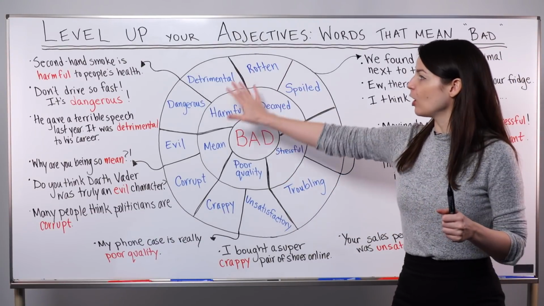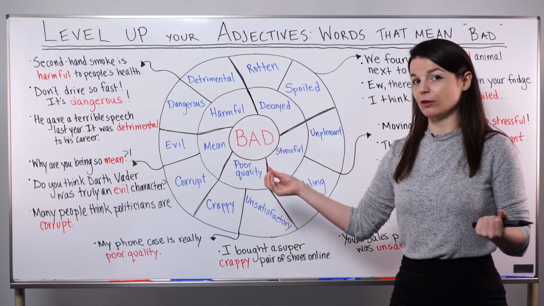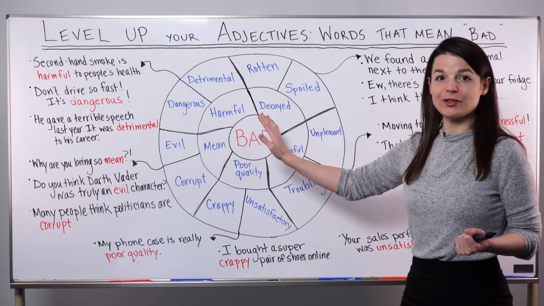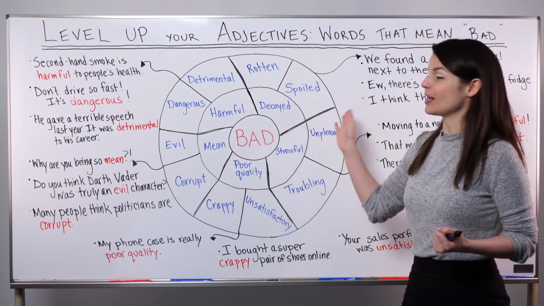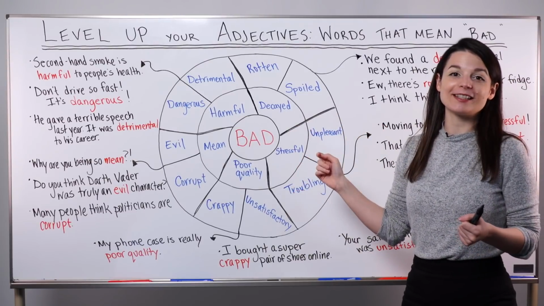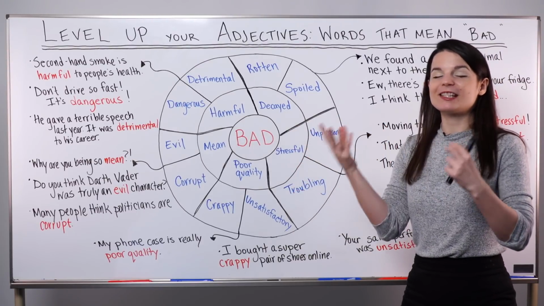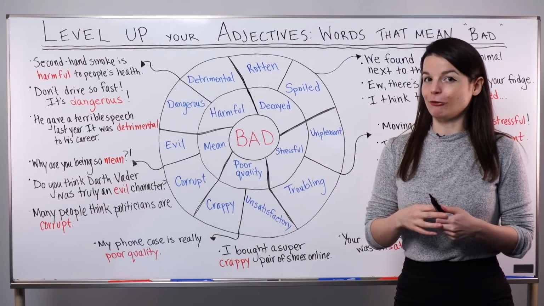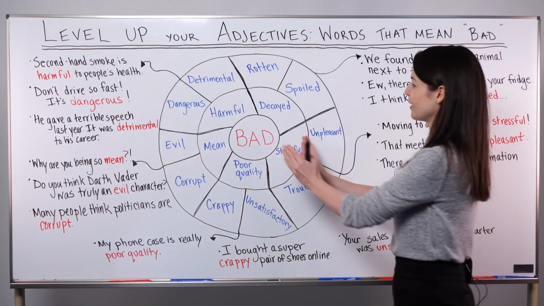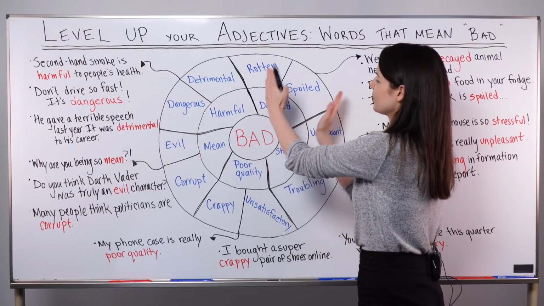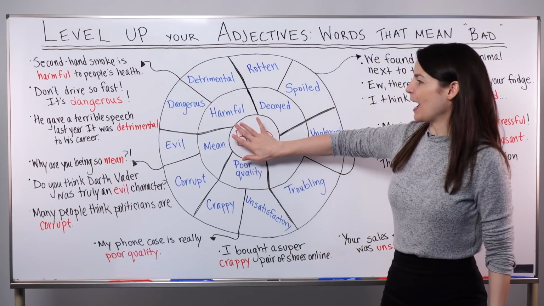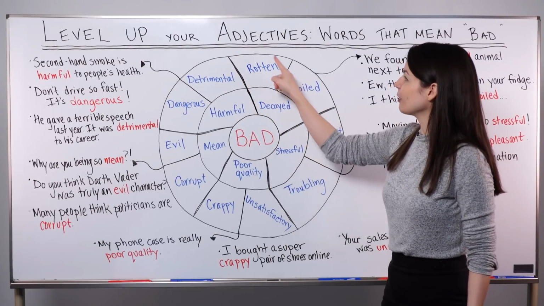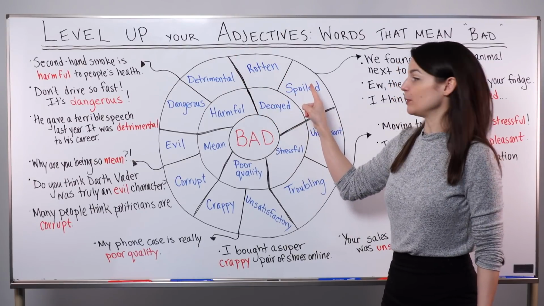First, I want to introduce the way I've presented this material. This is what's called an adjective wheel. Inside this wheel, this circle, there are lots of adjectives. I separated them into groups, and we're going to see how all of the groups mean similar things, but we're going to explore the small differences in meaning. I want to start with this part of the wheel. At the center is the word bad, our focus word. We're going to focus on these three words to begin.